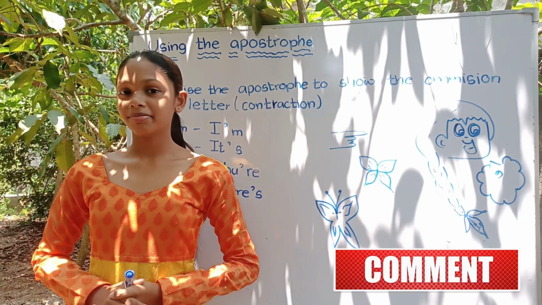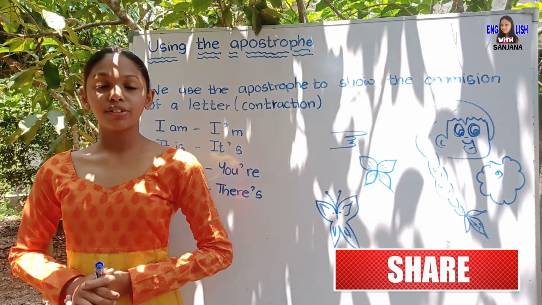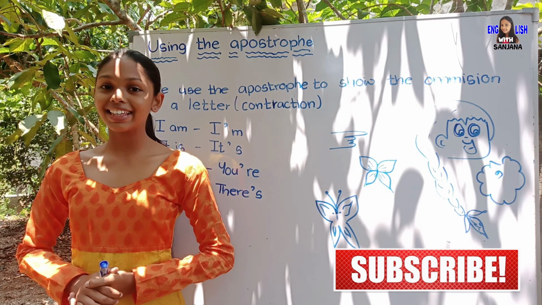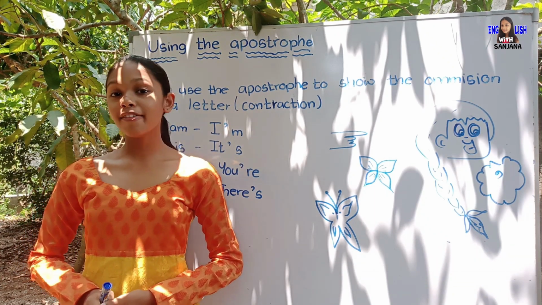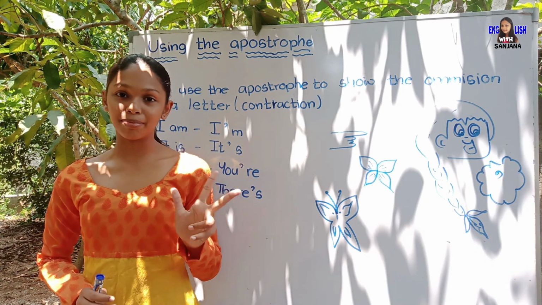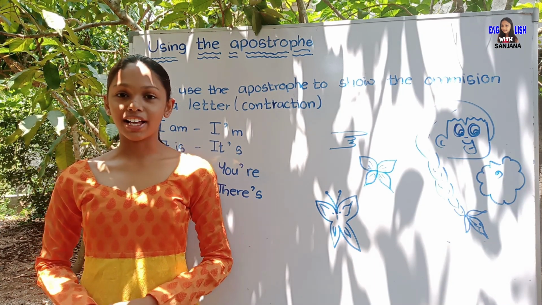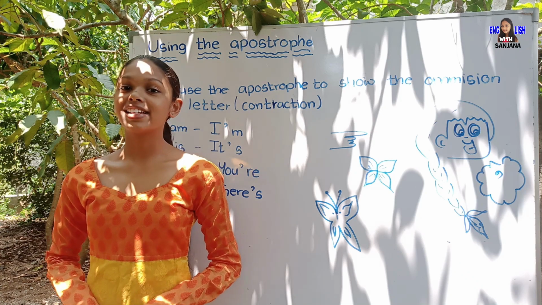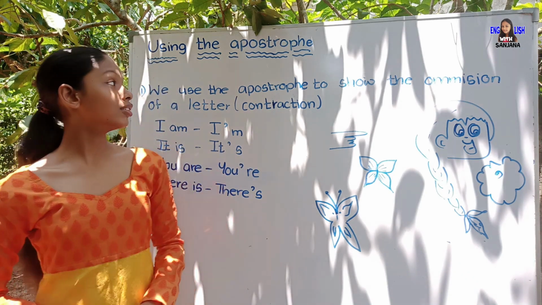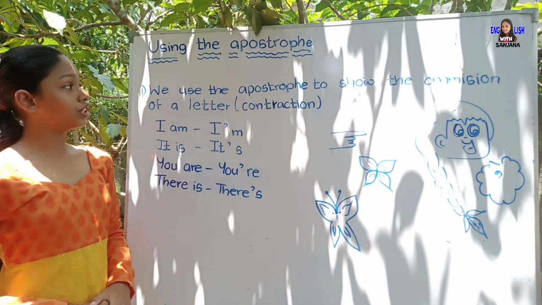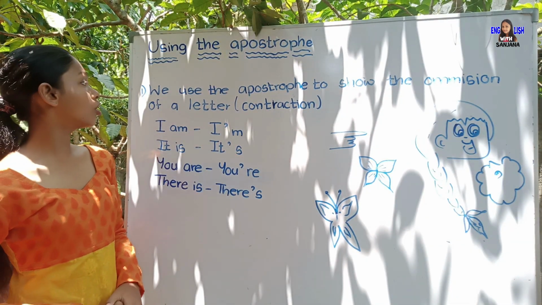In this video, we are going to look at 3 ways of using the apostrophe. This is a lengthy lesson, so I have divided it into 3 segments. Friends, are you ready? If you are ready, let's get into it. In the first segment, we are going to talk about how to use the apostrophe to show the omission of